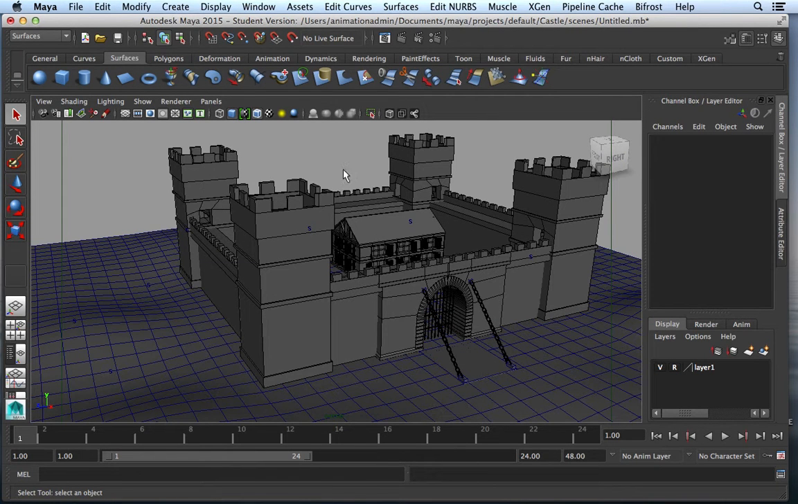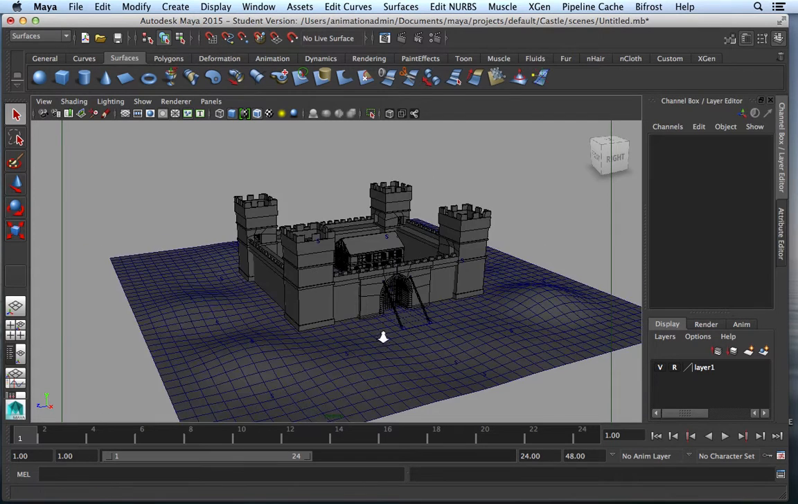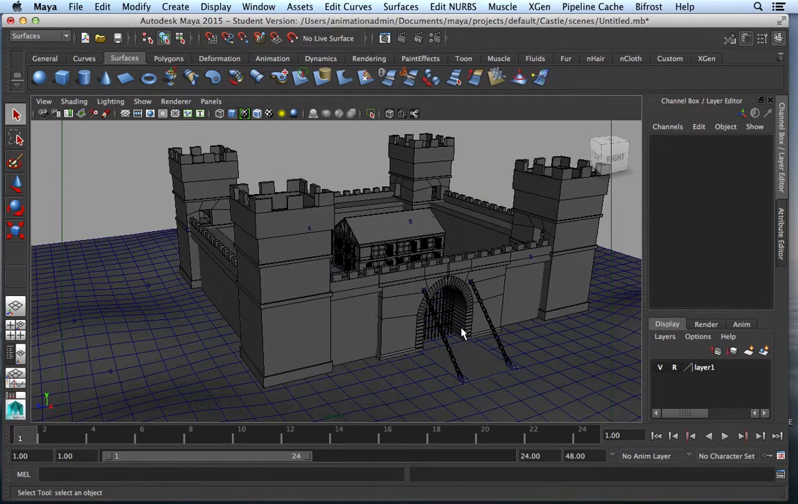A dome to light your environment and to create a simple sky. So here's a simple castle with a simple land that I've created. I'm going to go to the Surfaces tab. I'm going to make a NURB sphere. We're going to talk about this in a little bit, but these are NURB spheres, which are a little different